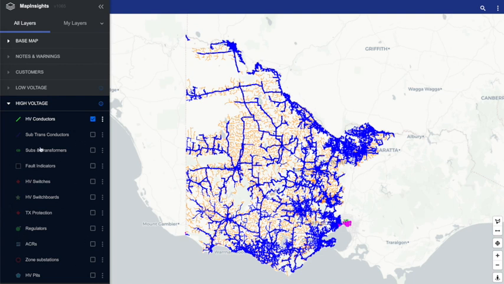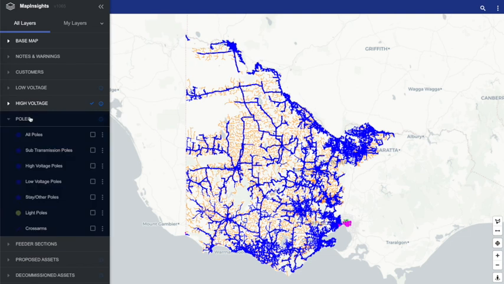We'll go into some more detail about these assets and the way they're annotated on the map in later videos. Poles are now their own layer group. Poles can be turned on based on voltages. For example, the low voltage poles layer includes all poles with any LV. The high voltage pole layer includes any pole with HV. So if a pole's got subtrans, HV and LV, it will feature in the high voltage layer, the subtrans layer